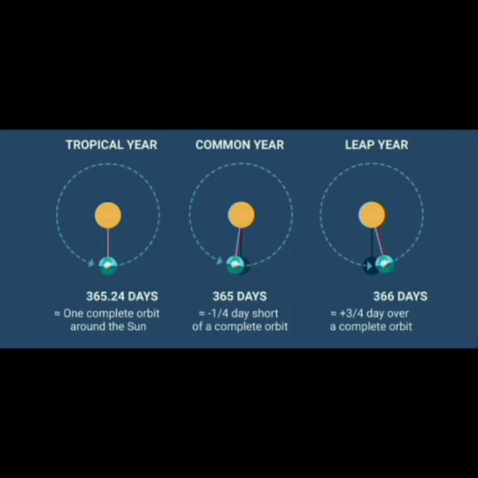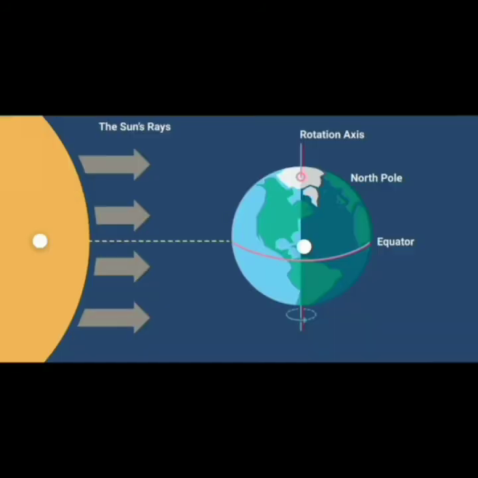Now let us see what happens in the southern hemisphere, that is Capricorn solstice. Capricorn solstice occurs on 22nd December. Yes, you have to remember it, a very important day. On this date, Capricorn solstice occurs on 22nd December, and on this day the sun rays fall vertically at the Tropic of Capricorn, that is 23.5 degrees south, and a large portion of the southern hemisphere gets the light.